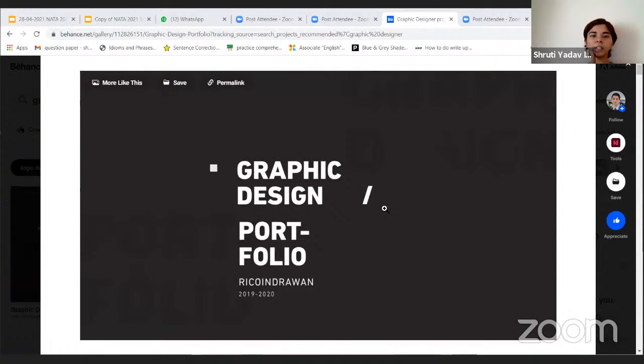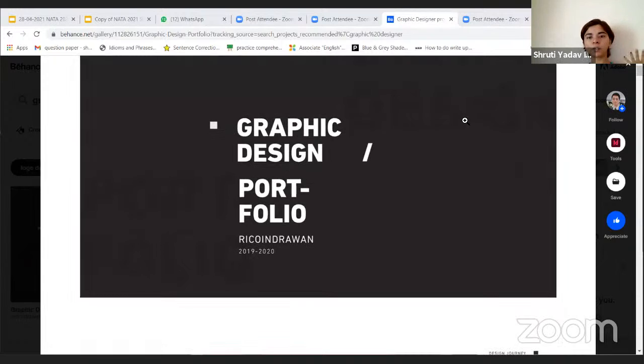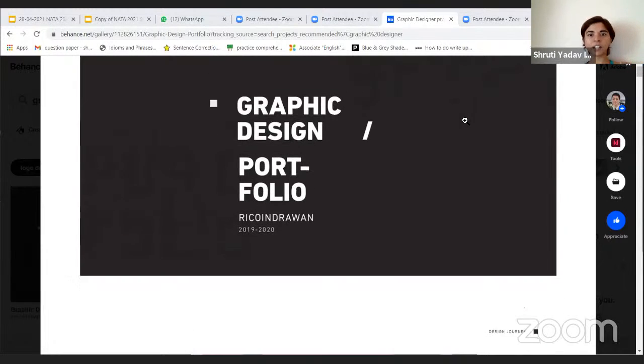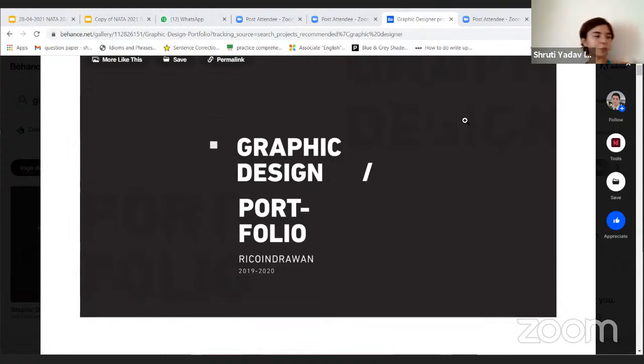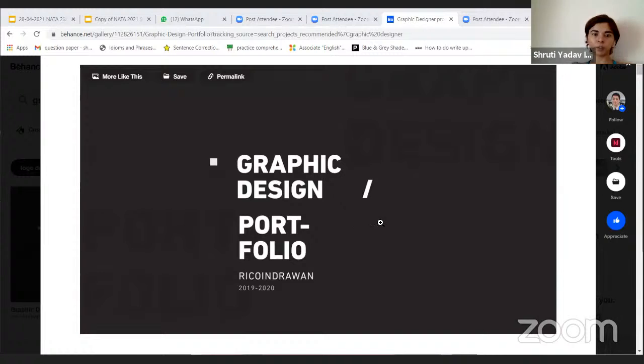So see, this is the first page. You see the kind of elements he's gone with. Very less, and then in the backdrop, he's tried to do this. So you have an idea what kind of a designer this person is. So you know he's a graphic designer. He showed that through the very first page. So this is what I was talking about. Less elements. You can choose to do that even in your first page. So here you could have done doodles if you're a doodler. But also the way you're placing your font onto this particular page is very important.